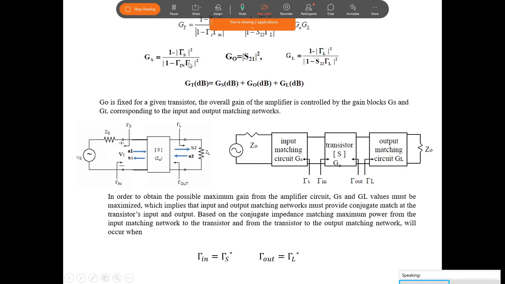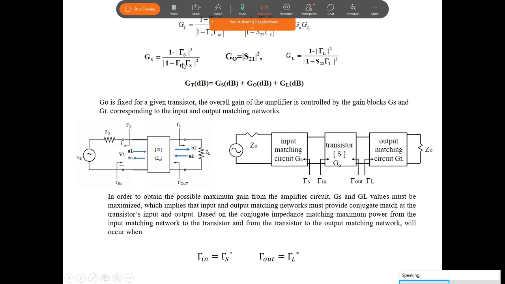You should set the value of TOS such that this should be equal to whatever you need. For example, I want 4 dB. If I want 4 dB, this TOS should not be equal to 0. If TOS is 0, what do we get? It is 1. GS is equal to 1. That means in decibels it is 0 dB. But this TOS should not be 0. It should be something. What should be the value of this TOS to get GS equal to 4 dB?